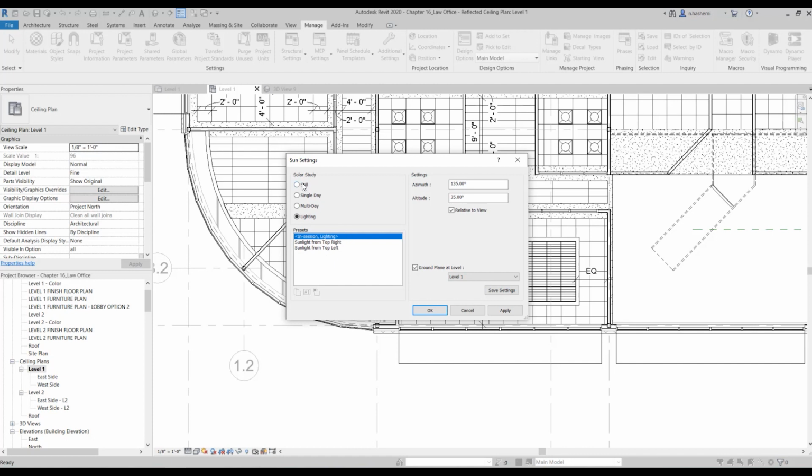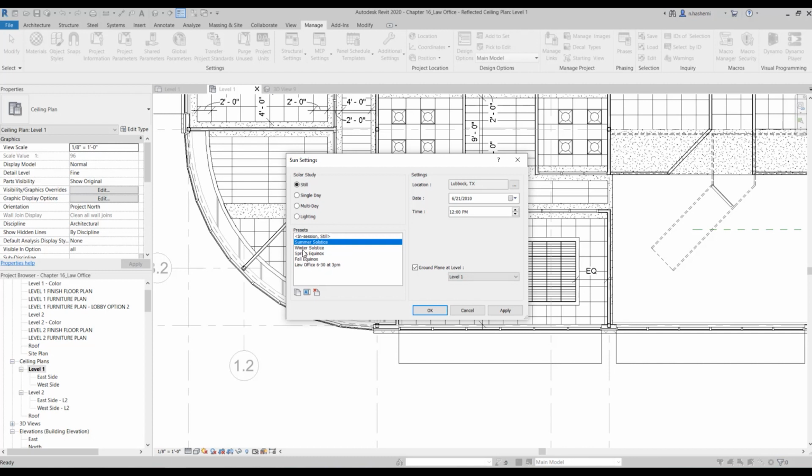So I'm going to, for example, select still, and then from here you can set a date or you can set a time. For example, you want the sun to be on the 3 p.m. Okay, and then uncheck this, and from here you can just pick the time of the year that you want. For example, summer solstice or winter solstice or any other things.